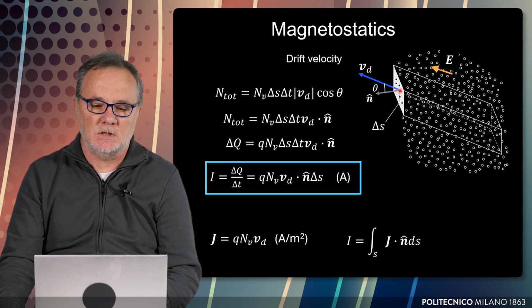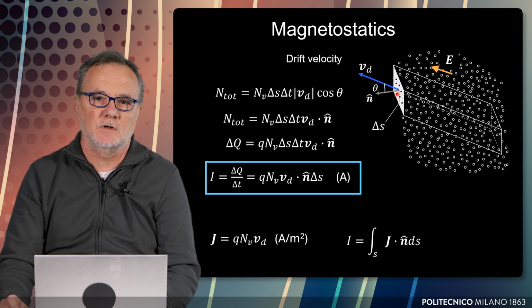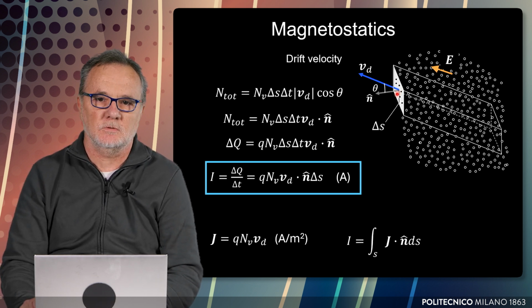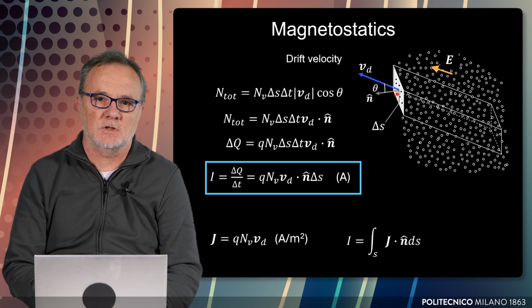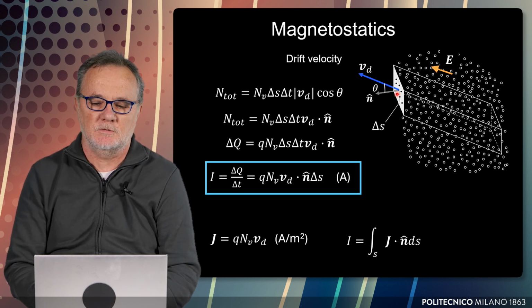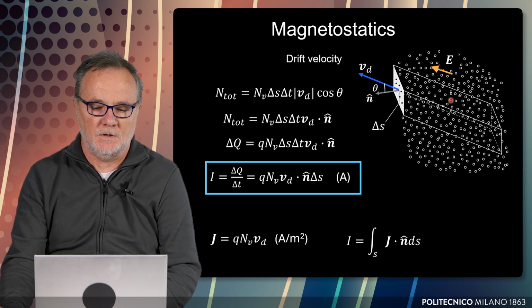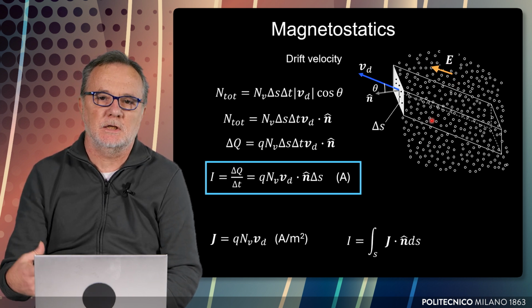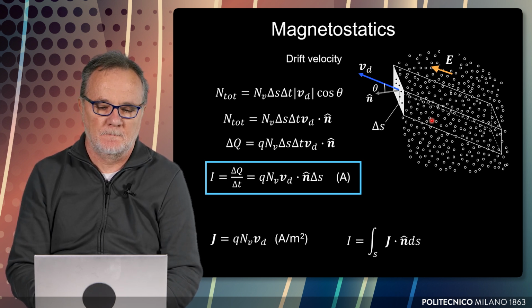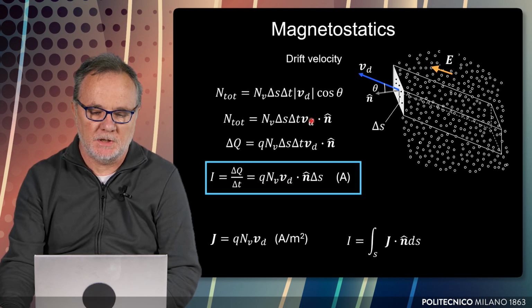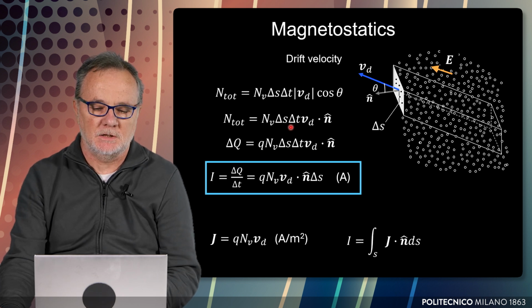The velocity of the charges is not really the velocity that charges would acquire in free space, because charges move back and forth, bouncing on the lattice of the material, and on average they have a drift velocity, an average velocity in the direction of the field if they are positive charges, that we call Vd. And this velocity is oriented along the direction of the electric field. So what we are doing is taking this drift velocity and projecting it onto the normal to the surface itself. So we can use this second expression to represent the total number of charges that cross the surface in the interval delta t.